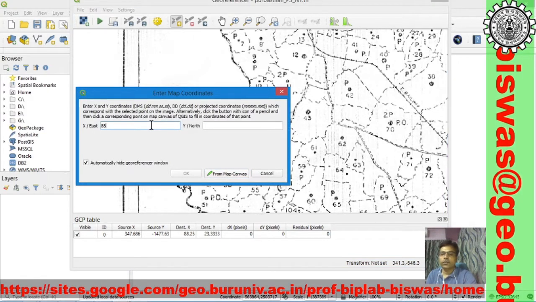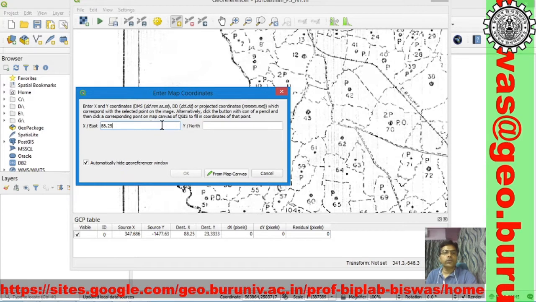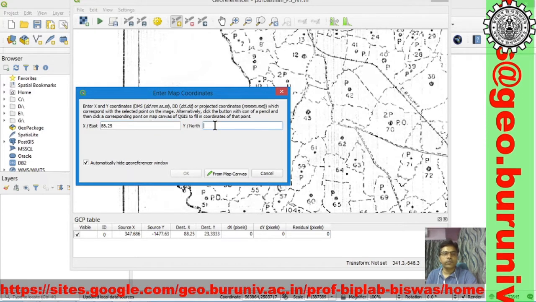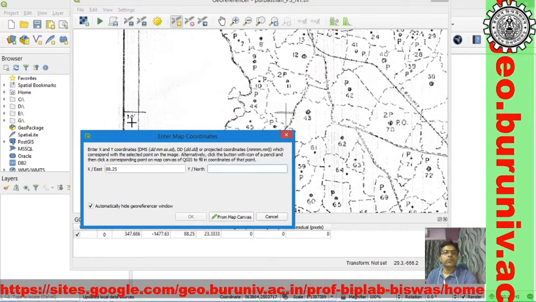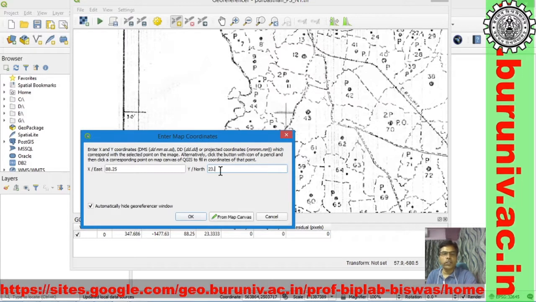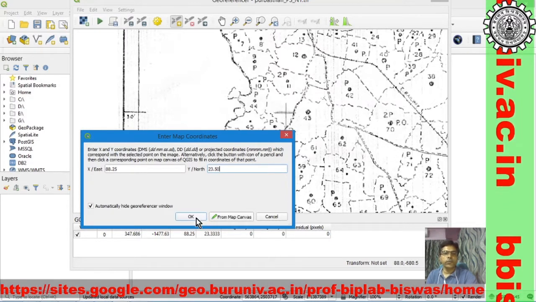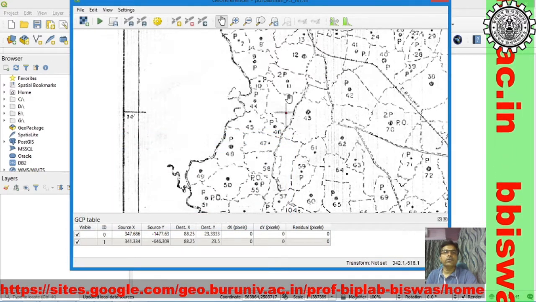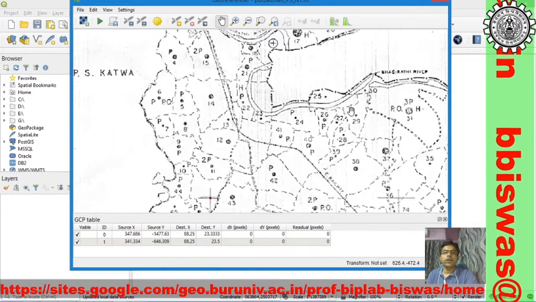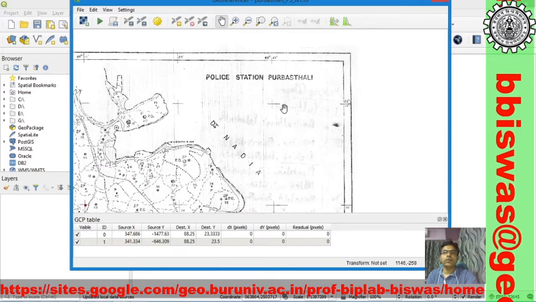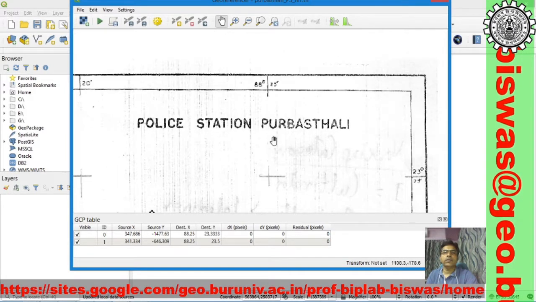This is 88 degree 15 minute, which is 88.25. This is 23 degree 30 minute, which means 23.50. And we'll go to the upper right corner.